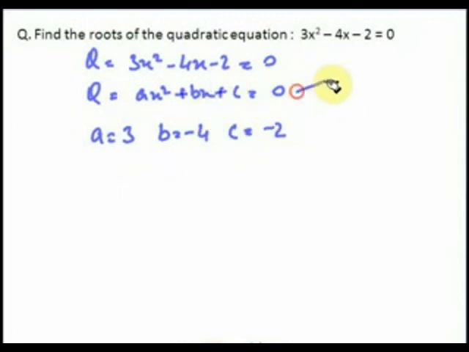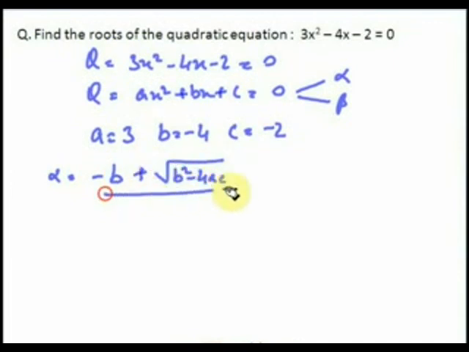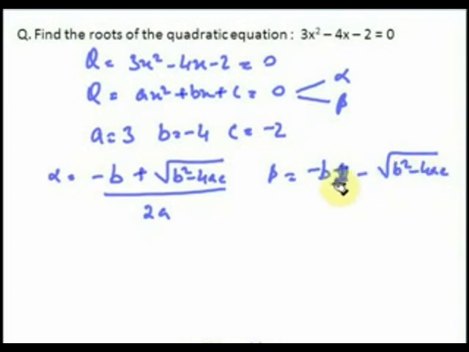And we know that this equation has two solutions, alpha and beta. The value of alpha is equal to minus b plus under root of b square minus 4ac upon 2a, and the value of beta is equal to minus b minus under root of b square minus 4ac upon 2a. So the value of alpha would be equal to, the roots of this equation will be